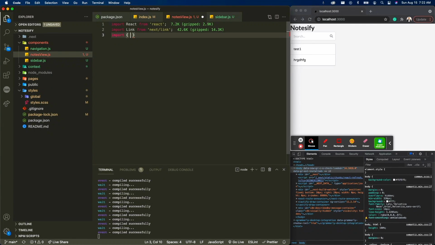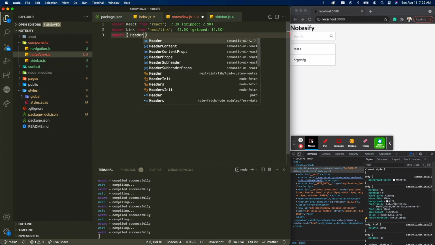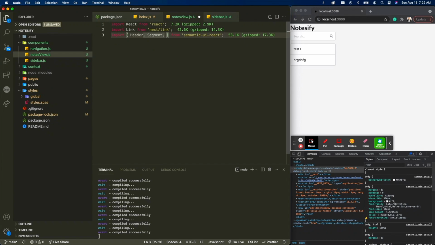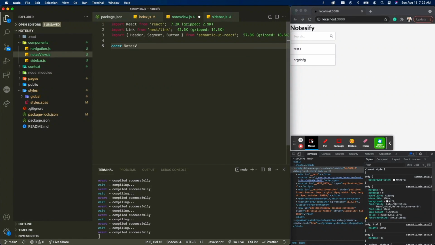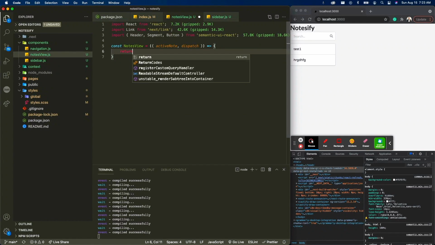Import... create a const called nodesview. Now we want to pass it two props: active node, which is the node that we want to display, and dispatch. Dispatch will be used for adding, editing or deleting the node. So we want to return